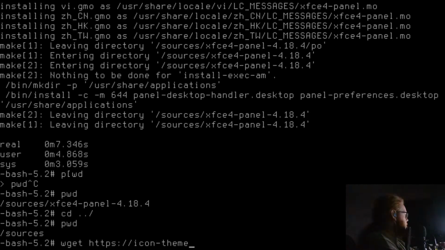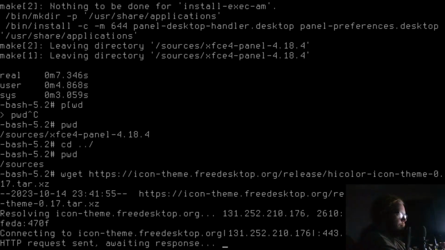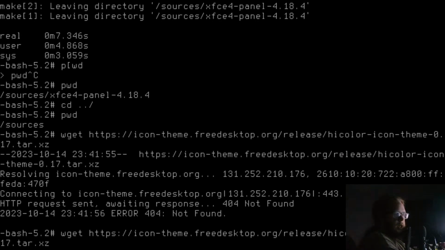icon-theme.freedesktop.org/releases/hicolor-icon-theme-0.17.tar.xz, and I can't spell.